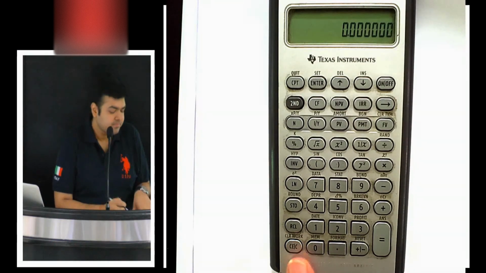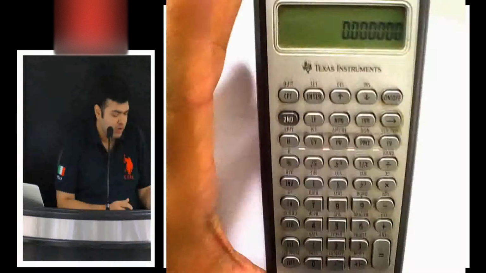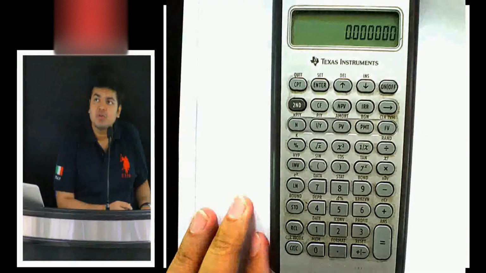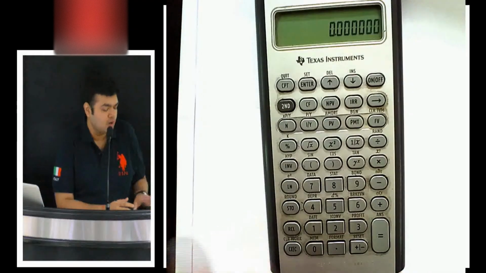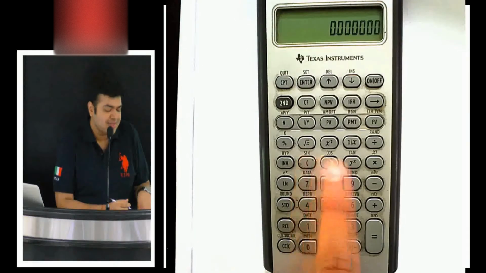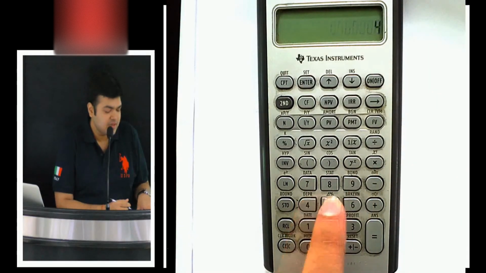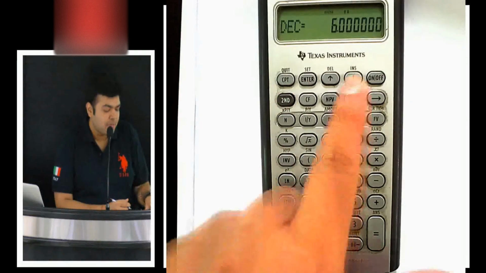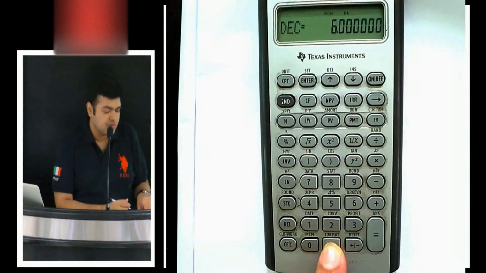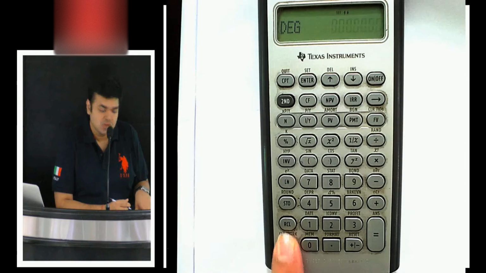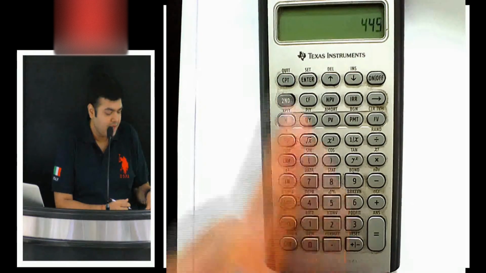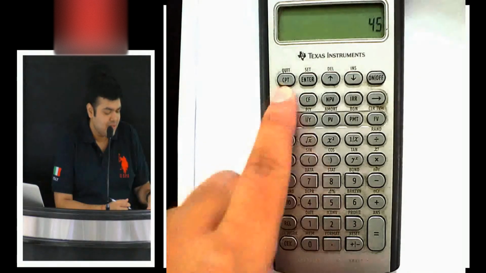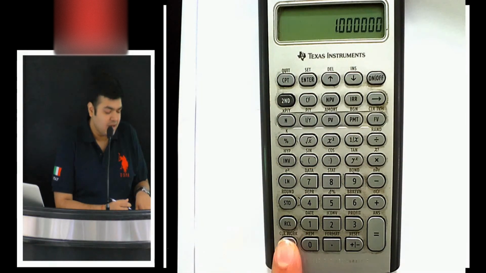Everyone? Easy? Alright. Then let me just see if I've covered all the important sections. Yes, I'm more or less done with most of the important ones. Let me just do a couple of not so important ones and we'll move forward. Now look at sine, cos, tan. You're not going to be using it. Say for example 45 second tan. It gives you 1. Because my format, if you see, was set to degrees, not radians, tan 45 degrees is equal to 1. If you want to use sine, cos, tan, you can do that. We'll not be needing it for finance generally.